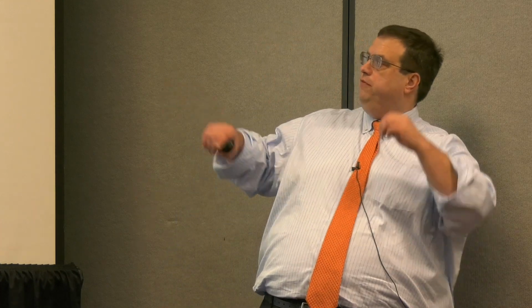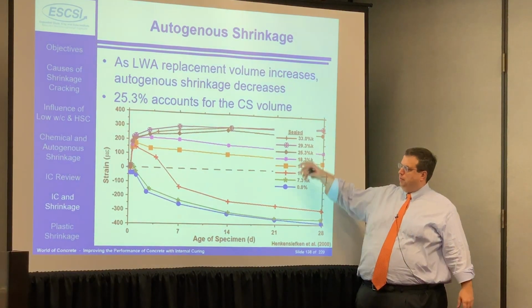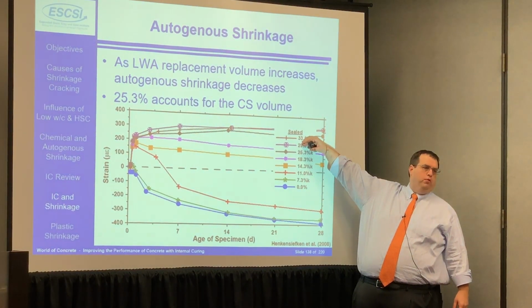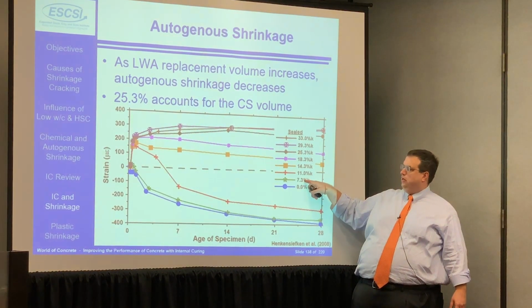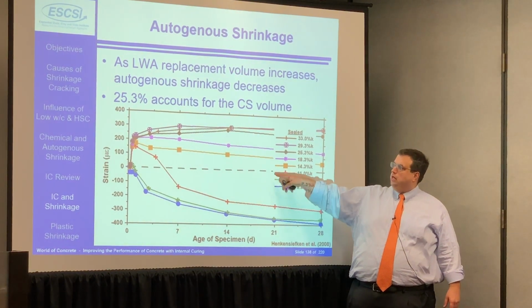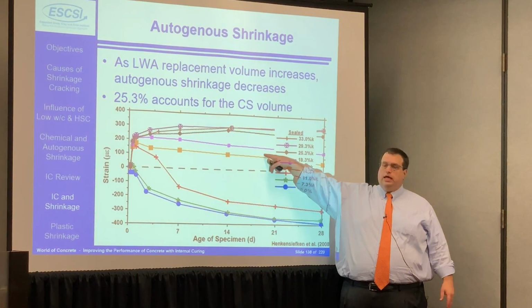Now, this is a little bit of an unconventional way. This black line is that 7-pound number that we were talking about before. This is the shrinkage of a conventional concrete down here, and each one of these are just putting a little bit more and more lightweight aggregate into the overall system. So if you replace just a little tiny bit here, this is maybe 1 or 2 pounds, you make almost no impact on the overall shrinkage of the system. But as you start adding more and more lightweight, you see you go from a shrinkage into actually creating a